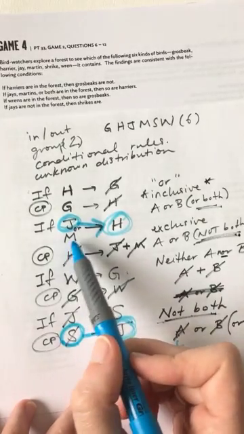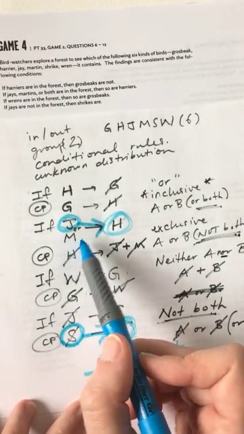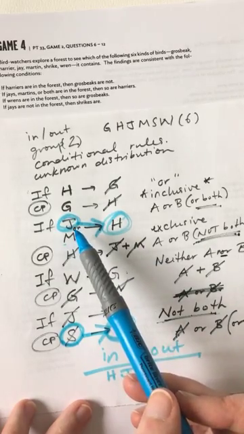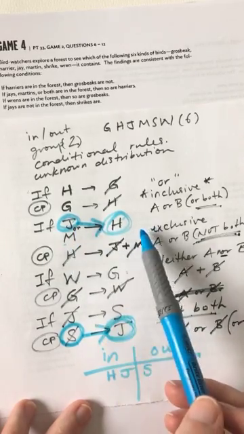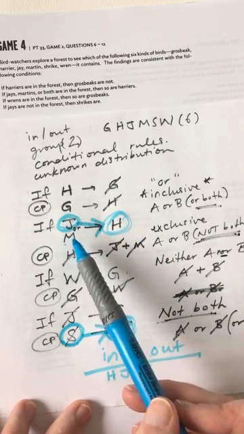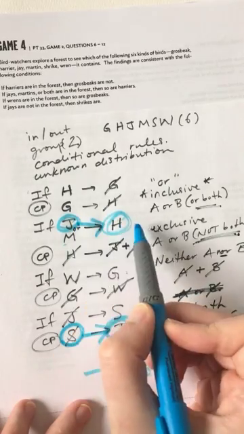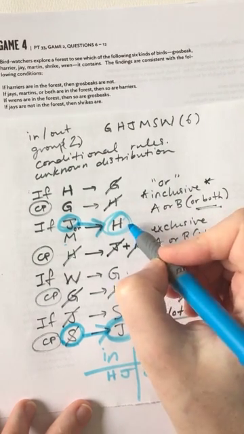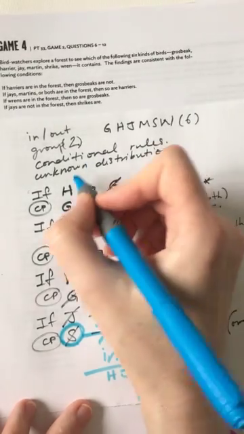I do not know M's position. I do not know whether M is in or out based on the fact that J is in. That's another potential trigger for this consequence rather than a consequence itself. So J triggers H, doesn't tell me anything about whether M is in or out. So that's still a mystery at this point. Okay, so H is in. H being in